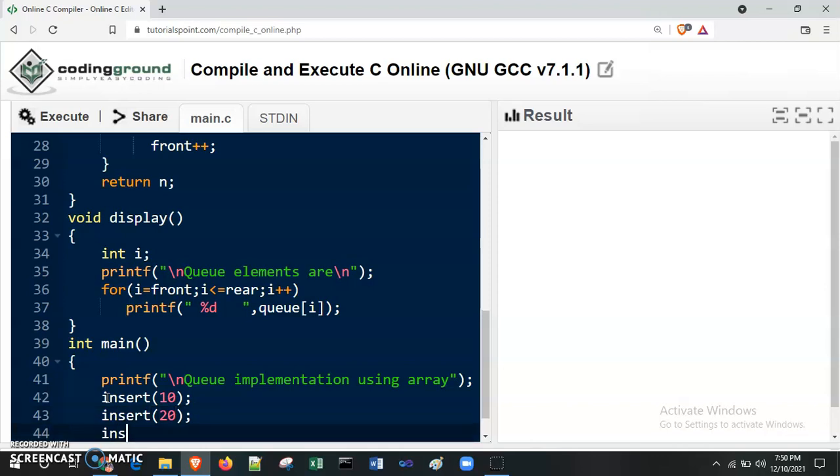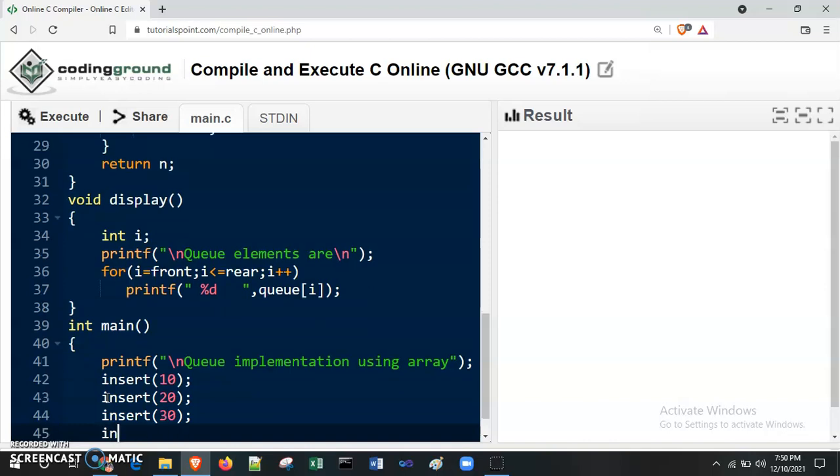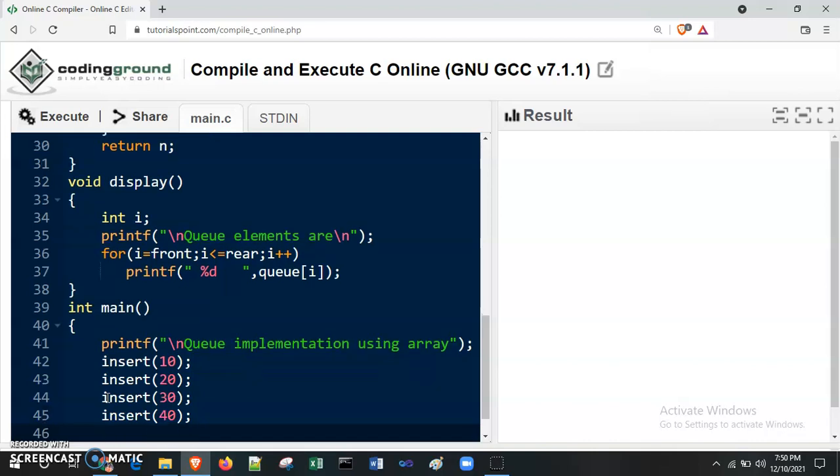Second element. I am forcefully declaring the size as 5 because I want to display that message Q full and all.